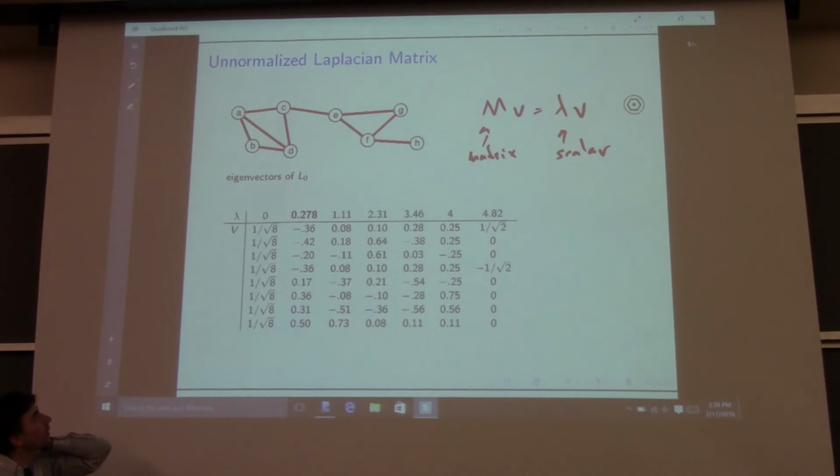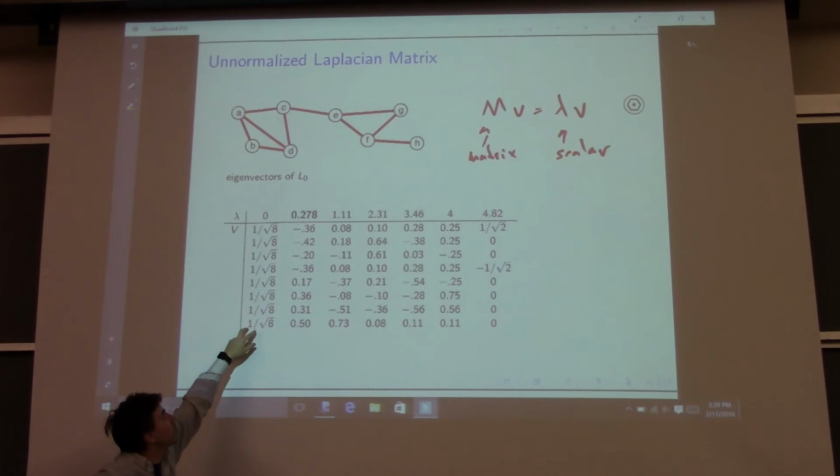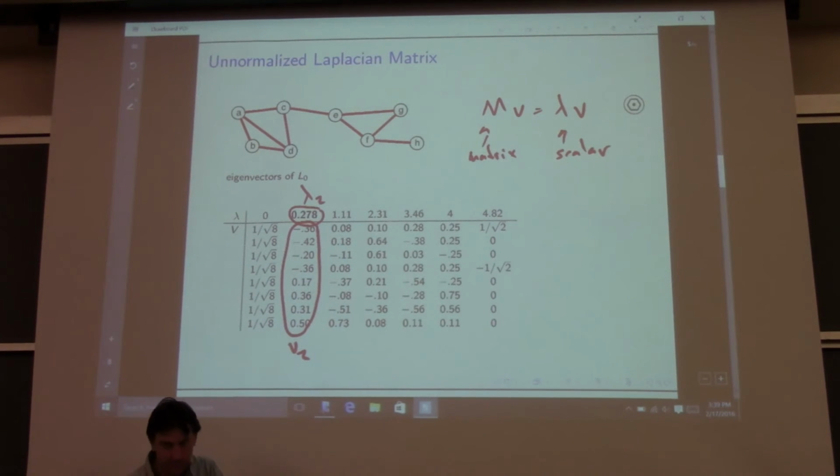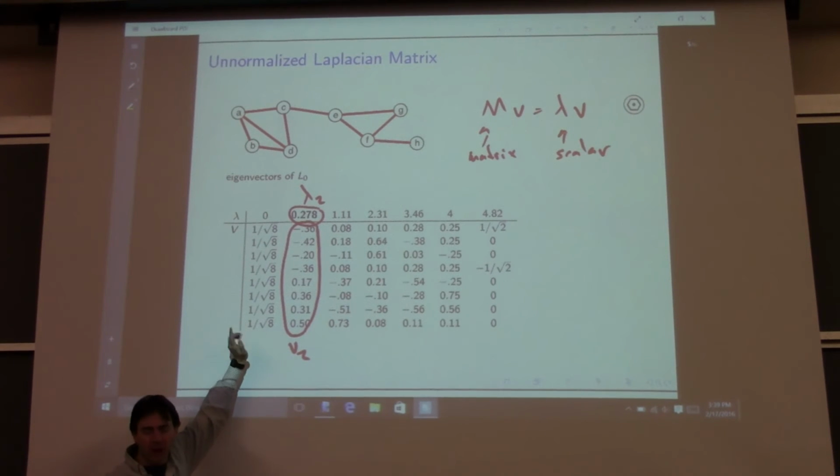And so for this unnormalized Laplacian of the graph here, I've written out all the eigenvectors as columns. So this is the second eigenvector, and we'll call this V2. And this is the second eigenvalue, and we'll call this lambda 2. The first one for the unnormalized Laplacian is going to be really boring. It's always going to be 1 over square root n for each entry, and the eigenvalue is going to be 0. And this one we just